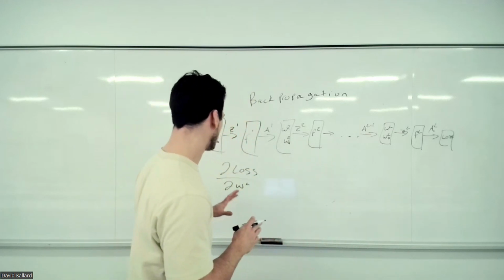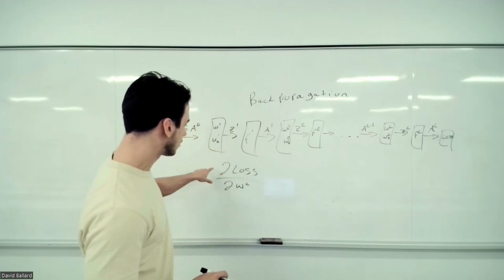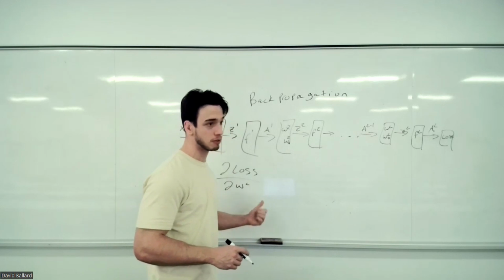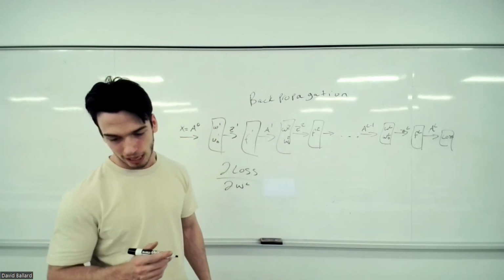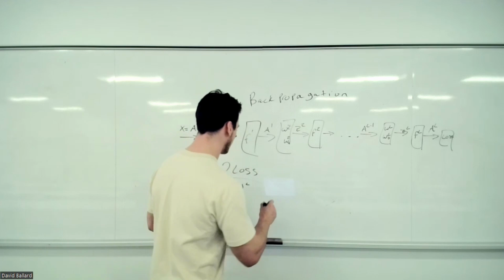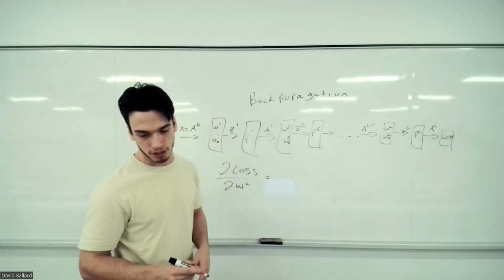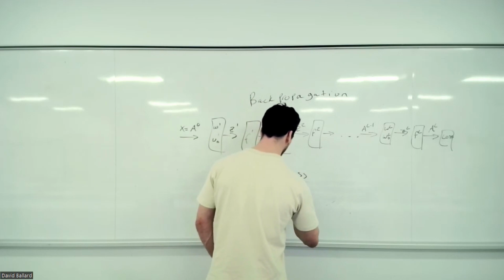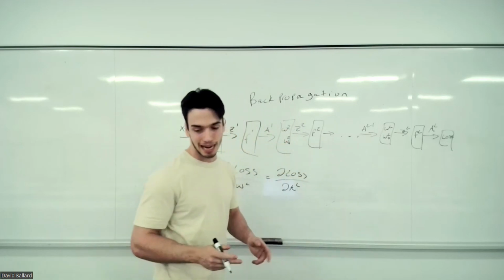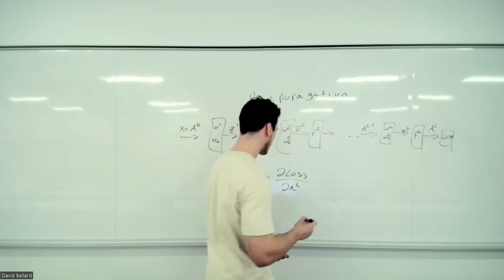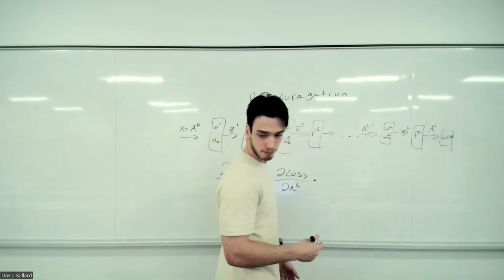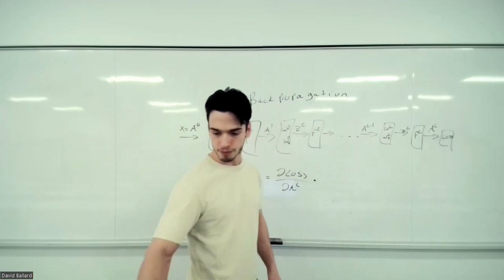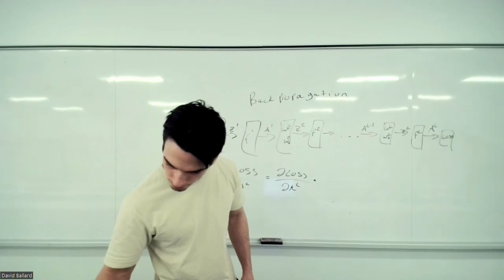At the last layer, I want to figure out how my loss changed with respect to my weight matrix. To calculate this, I can break it down using the chain rule. I could write the change in my loss with respect to my last activation layer, times the change